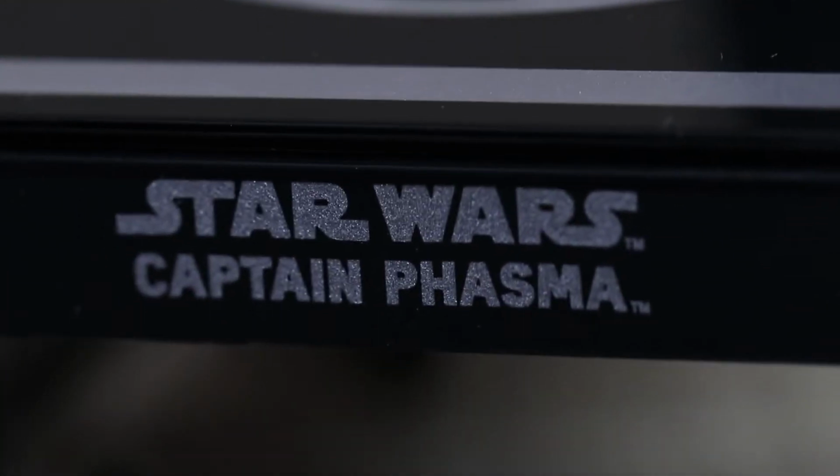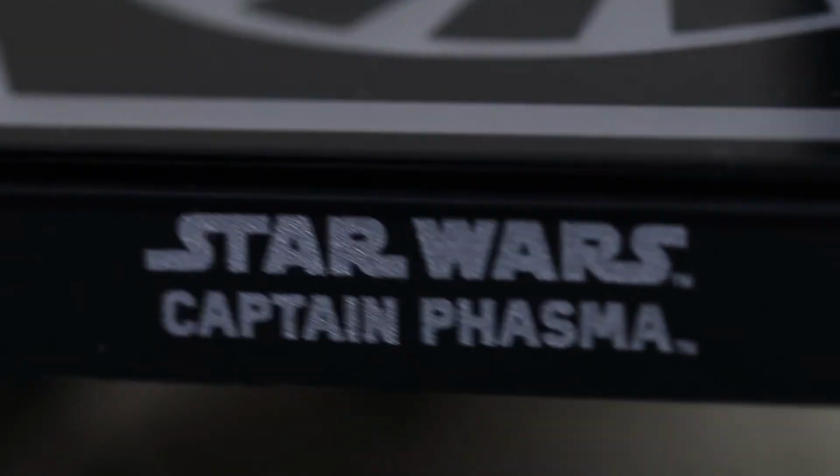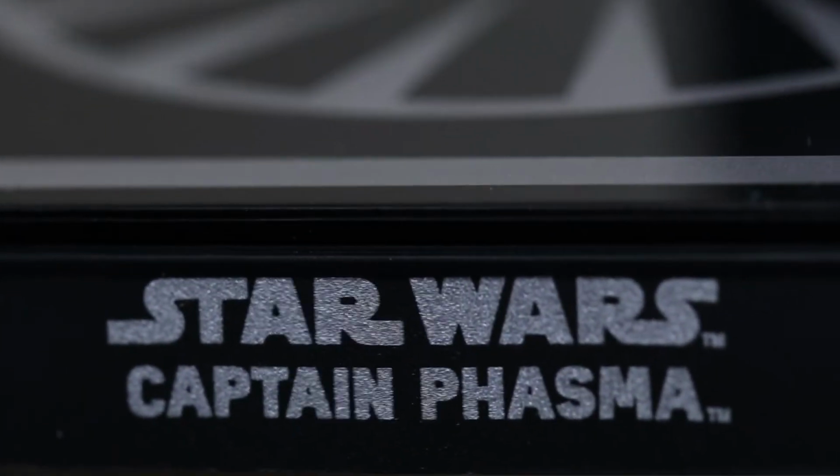Like in hand, this figure comes with this stand as well. So you can see from the Star Wars font, there's little stars in there, and you can see the First Order